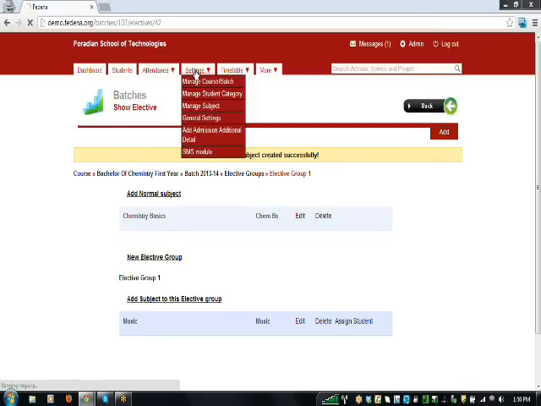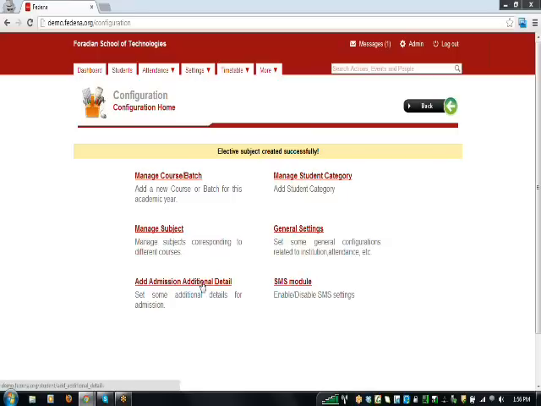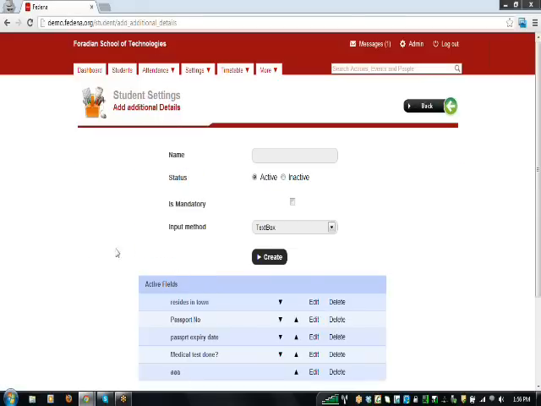And the next option in the settings section is add admission additional details. This is used for the student admission, that is, in some schools we are asked for some extra details. We need to fetch some extra additional details from the student apart from the default fields available in the admission module. In that case, the admin can create different additional fields,